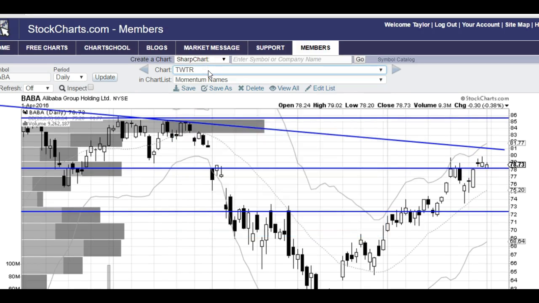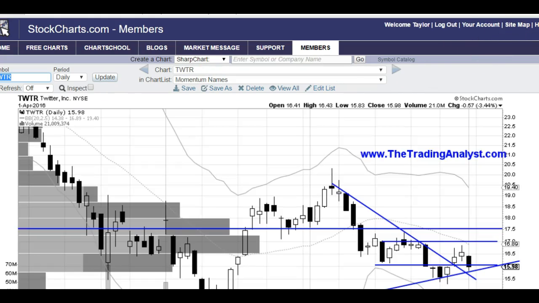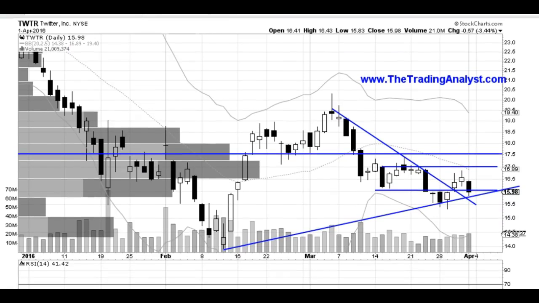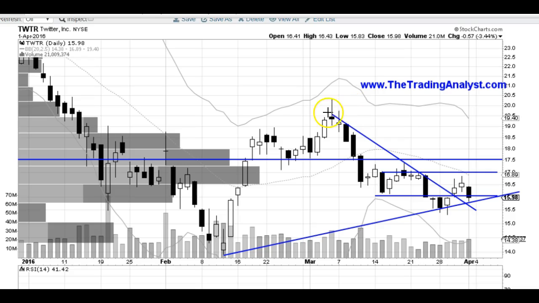Next, I'm going to be covering Twitter. Twitter, okay, so last week we broke over this downtrend line, and as I mentioned in my last video that I did on Twitter on Thursday evening, we did break over this downtrend line, but as I mentioned in that video, this